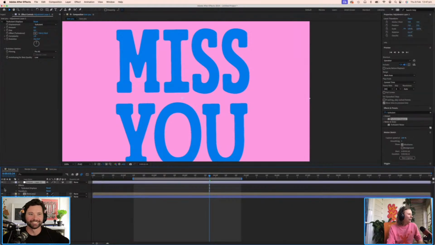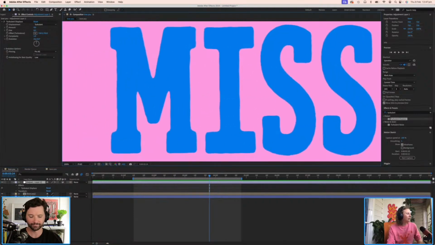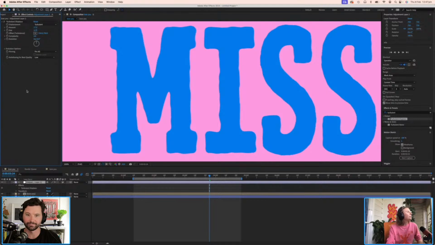Yeah. So if we turn that, I might need to zoom in a bit further for you to see, because it's really subtle at the moment. That's with the effect switched on, and that's with it off. So maybe we'll bump it up a bit because it is very subtle. Might make it a teensy bit bigger, and bump that up a bit too. That's feeling a little bit better.